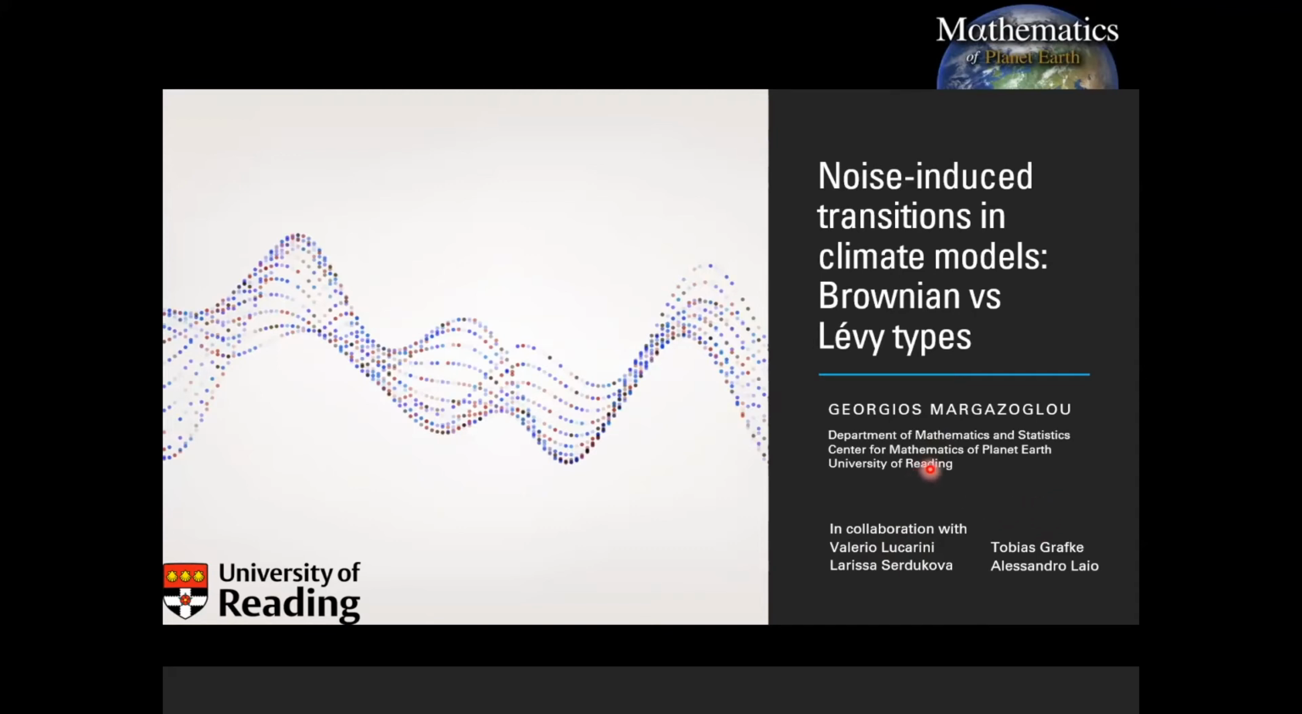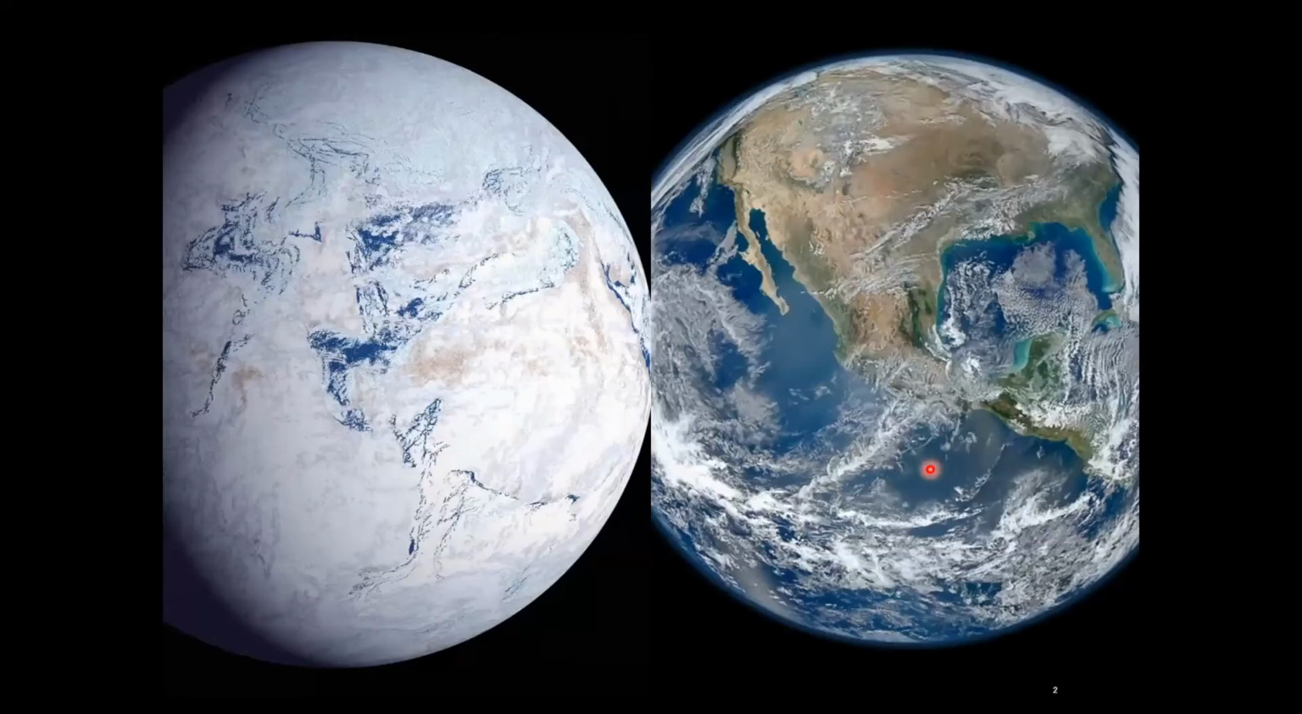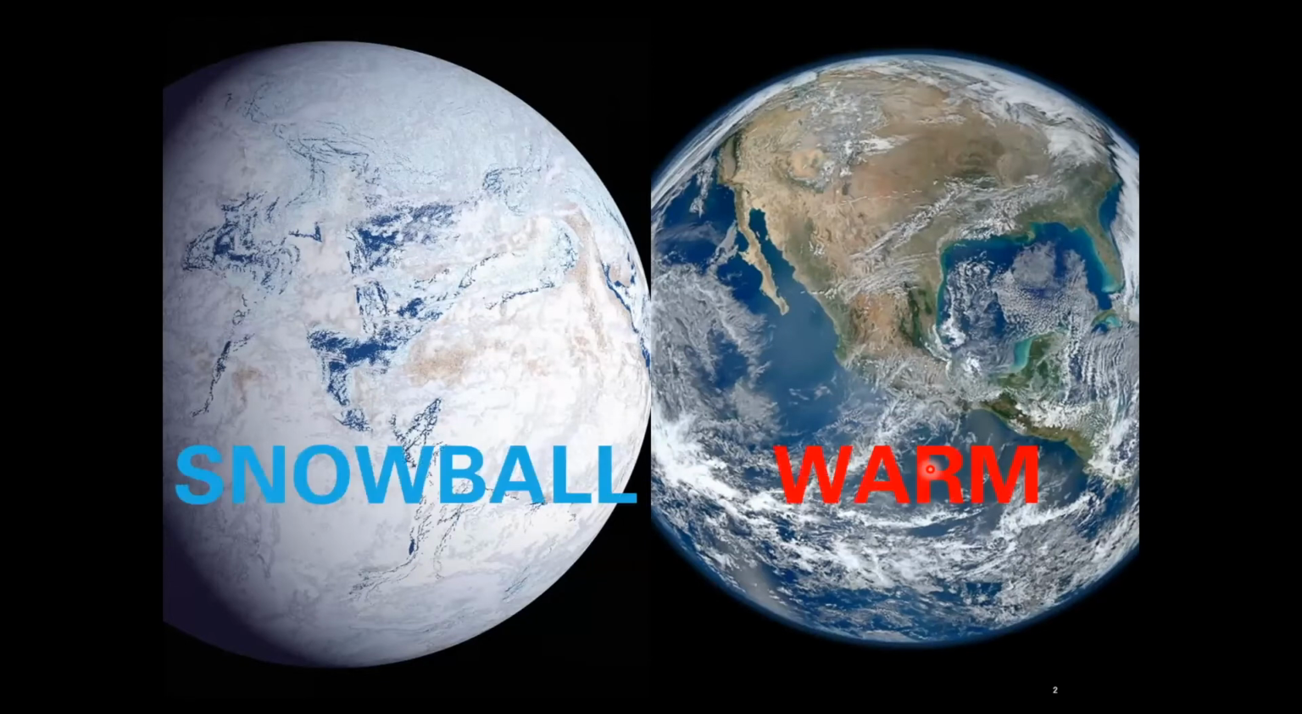So, noise-induced transitions in climate models. Now, I shall talk mainly about macroscopic transitions. And in this framework, I will refer to the fact that